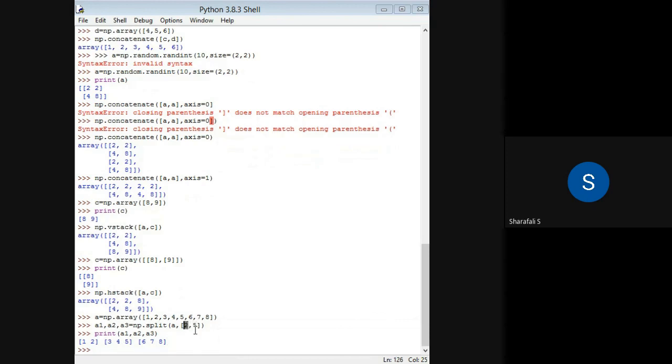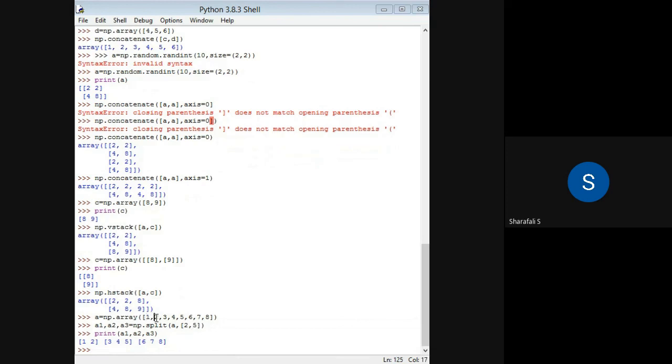So the first index that we have given is 2. So 2 is 0, 1, 2. So at 3 it is splitting, excluding that element. Okay. So we are not going to include that particular element in this particular subarray. So we'll get 1, 2. So this 2 will be printed, or that will be treated as a subarray. And then this 3 will be treated as a subarray because we have the next split at index 5.